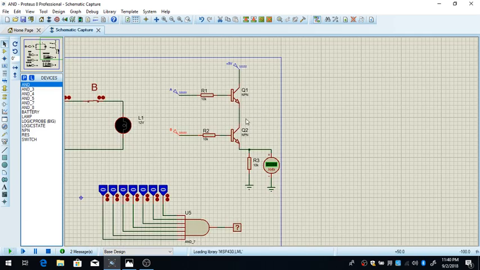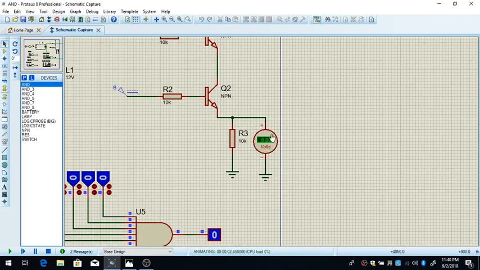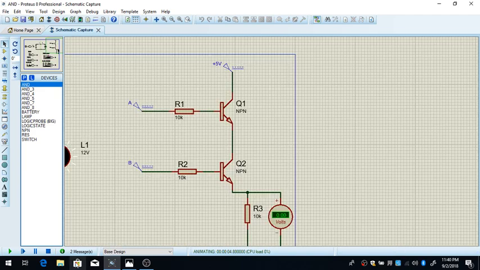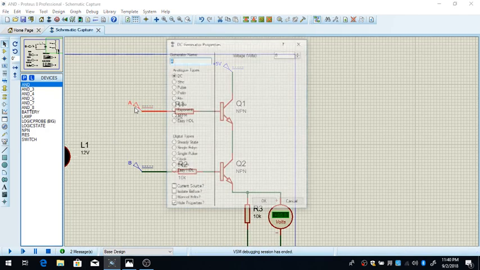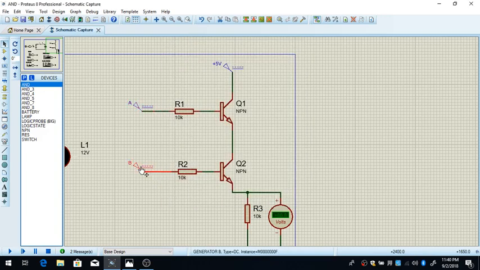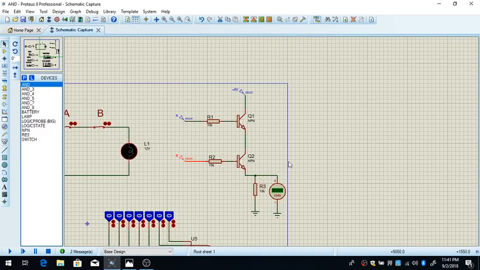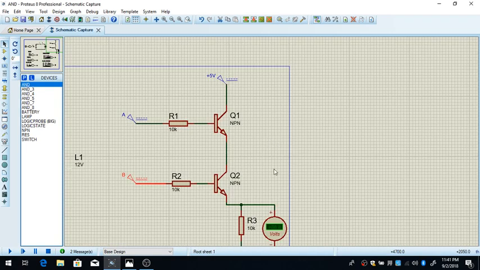Now when I run the program, you will see that there is no voltage drop on this resistor R3. But if I put 5 volts on both A and B, which acts as a high level, as a 1,